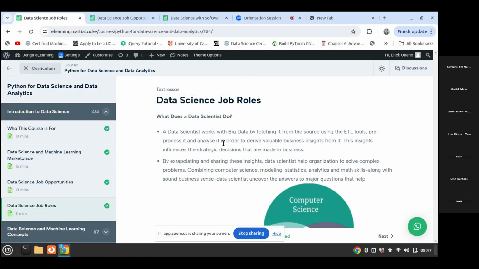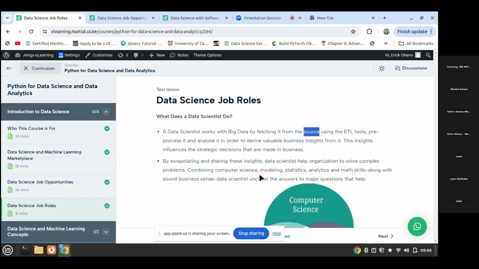Then after loading the data from the source, a data scientist will pre-process it, then analyze it in order to derive valuable business insight from it. This insight will then be used to influence strategic decisions within a business. So the role is very simple: you fetch data, pre-process it, and analyze it to get insights, and these insights are then used to make strategic decisions.